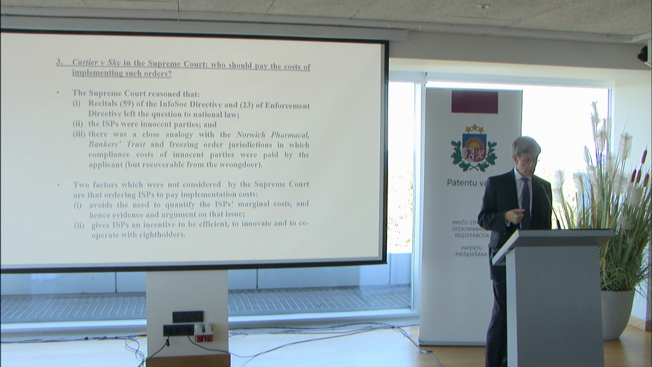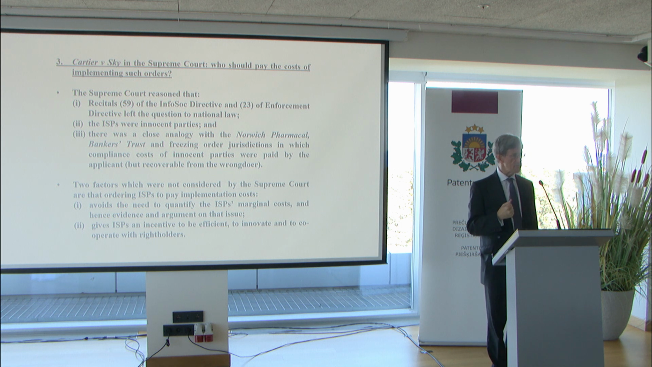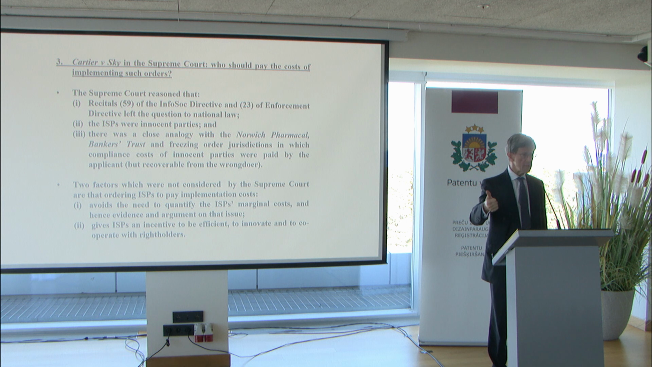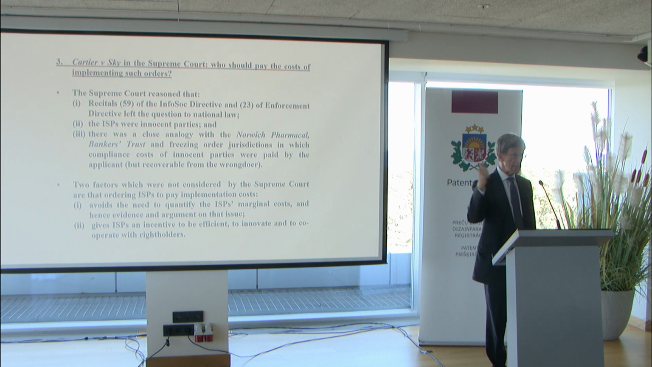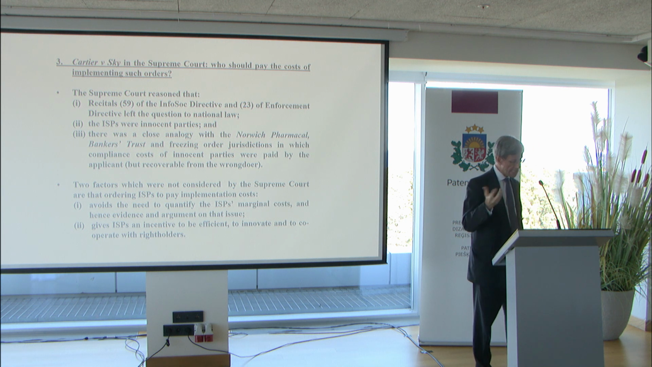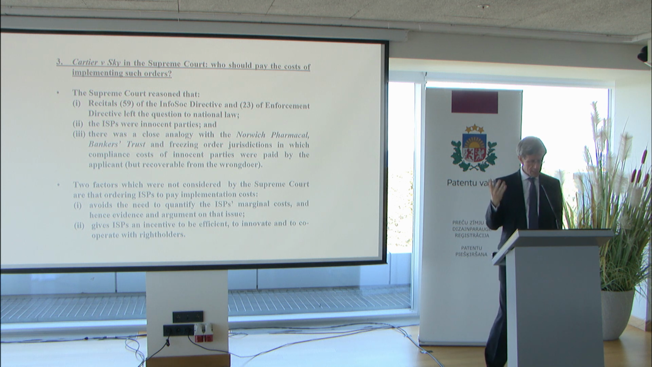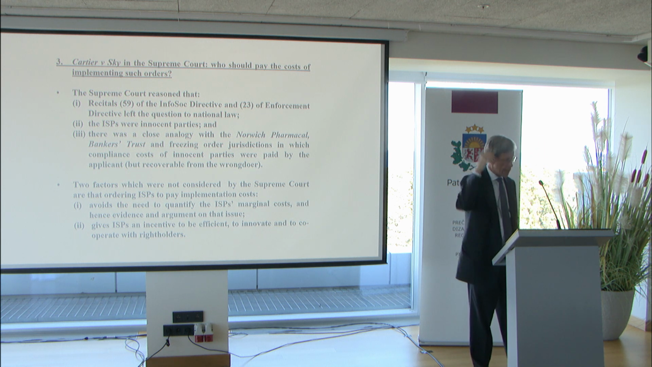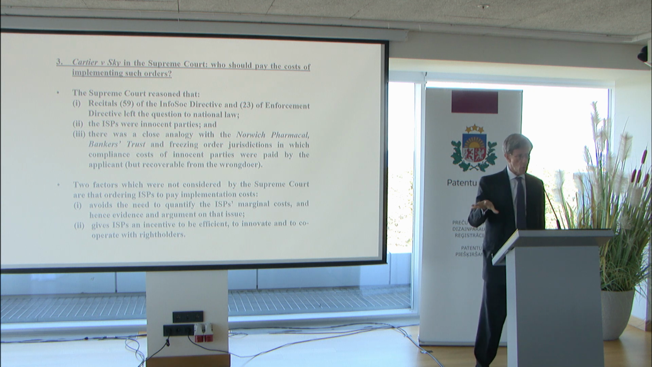First of all, they said, well, look at recitals 59 of the Infosoc Directive and 23 of the Enforcement Directive, and that leads the question to national law. Then they said, well, these ISPs, they're intermediaries, they're innocent, they're not infringers, they're neither primarily liable nor liable as accessories, and therefore they're legally innocent. And they thought there was a close analogy between other situations in which we grant orders against parties who are legally innocent,